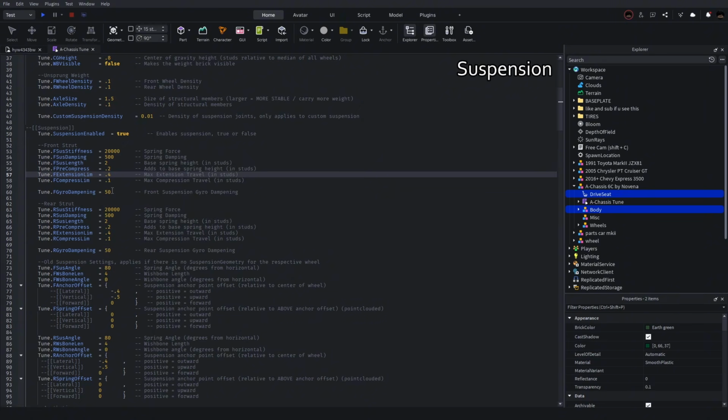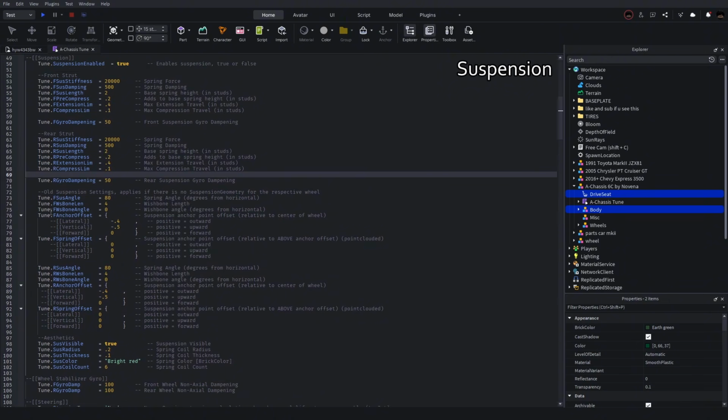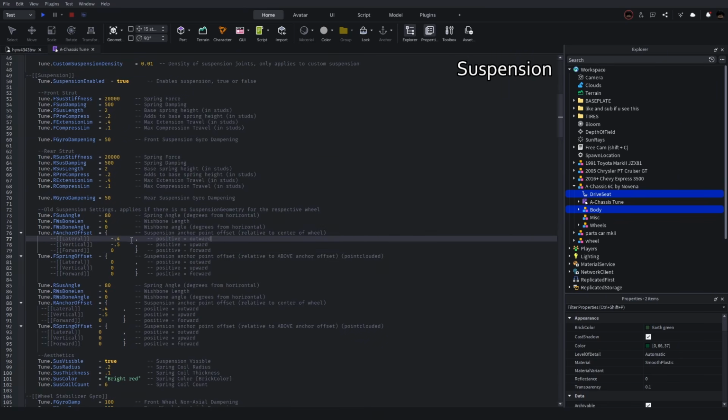So I just leave it how it is, unless you have a specific value. And everything that I just said for the front strut also applies to the rear strut. And down here we have more suspension settings. However, this is for the old suspension settings. This is not really for the new suspension settings, so I'm not really going to go over it too much,